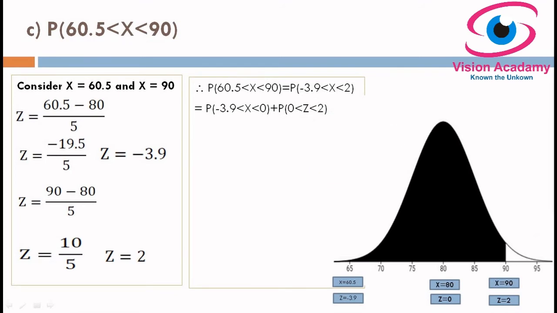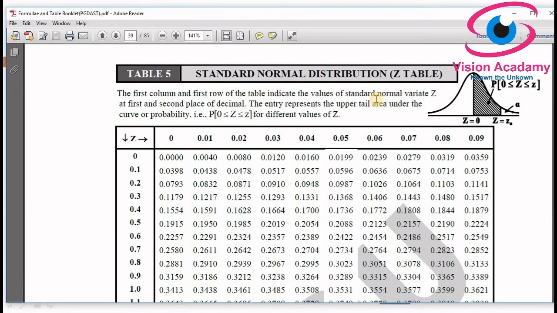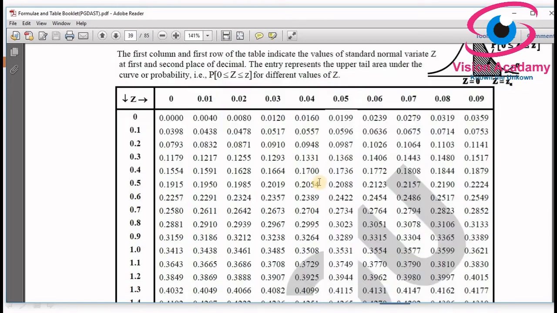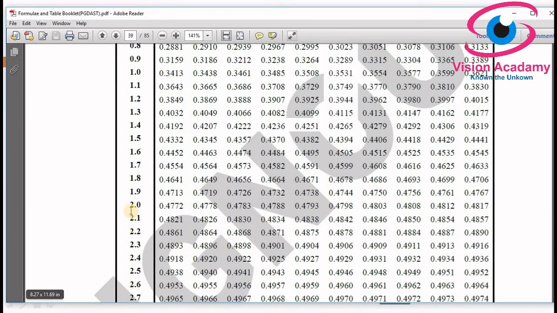So when we simplify this further to plot into the Z table, probability of 0 lesser than z lesser than 3.9, I have removed negativity because I am going to look in the upper tail of the table. So plus probability of 0 lesser than z lesser than 2 remains the same because there is no negativity in this positive value. Then we have to see the Z score for 3.9 and Z score for 2. So in the upper tail of the standard normal distribution, I will look at the 2 value. First one is 2. For 2 the Z score is